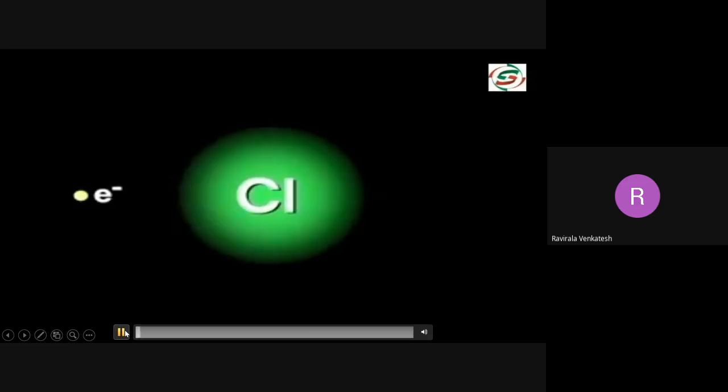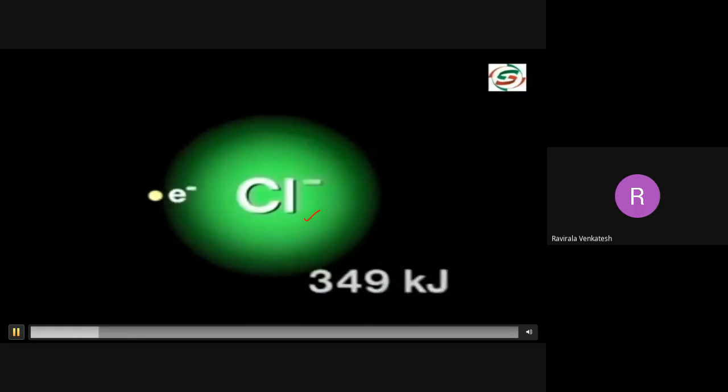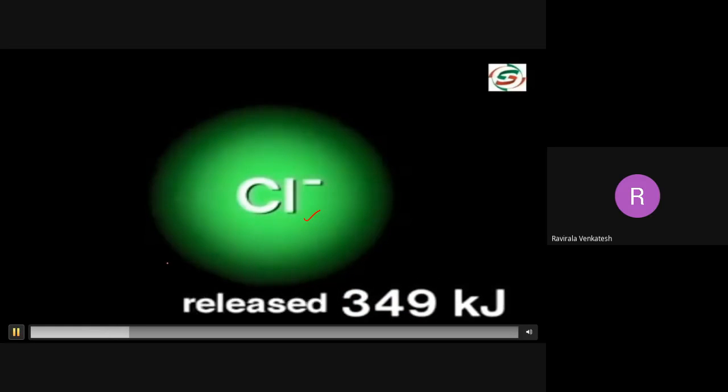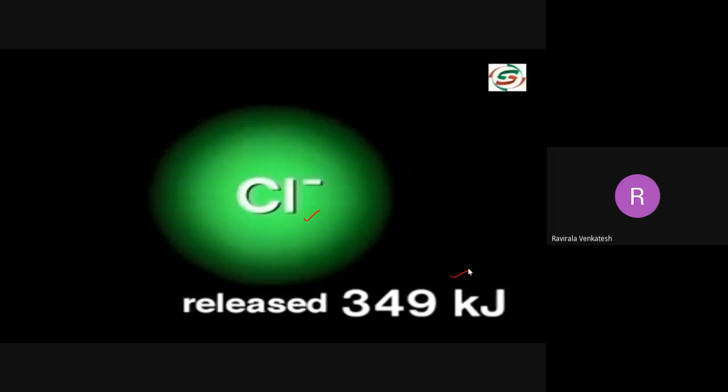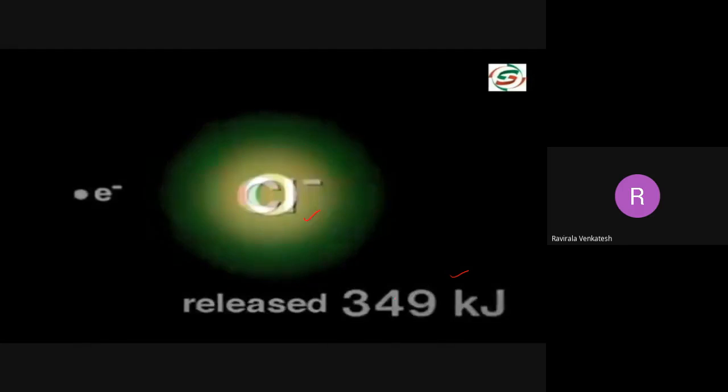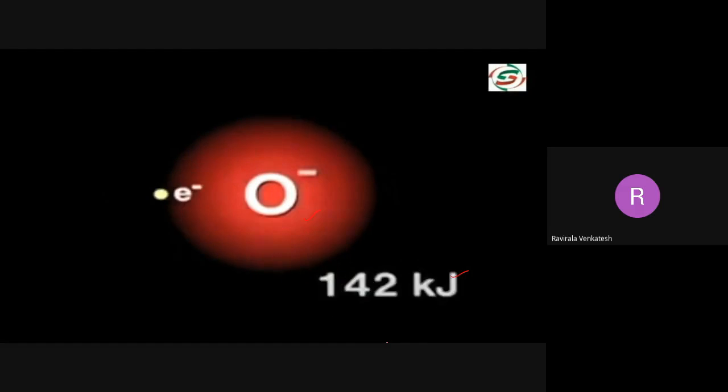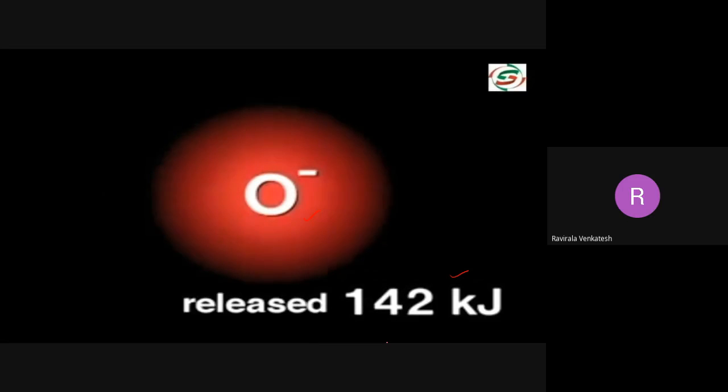Now here, if you observe, this is the chlorine atom, right? This is the chlorine atom. Now we are adding an electron to chlorine. Now how much energy is released here? 349 kilojoules of heat is liberated here. So when you add an electron, heat is liberated like this, isn't it? For example, you take oxygen, you are adding an electron to oxygen here. So heat is also released here. So what I mean to say is that the addition of the first electron is always an exothermic process. But when you add the second electron over here,